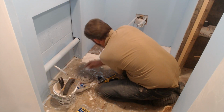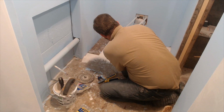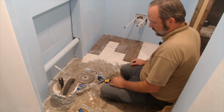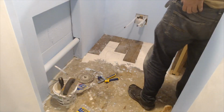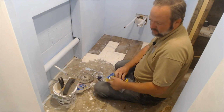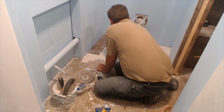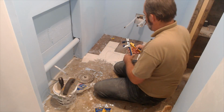Next one's a small, so I better get 2 of them there. Big. I don't know how fast I should do the leveling. Maybe I should do those over there while I can. I'll tell Eden, April. Okay, so these little wedges go in the spacers. And then I guess I just...